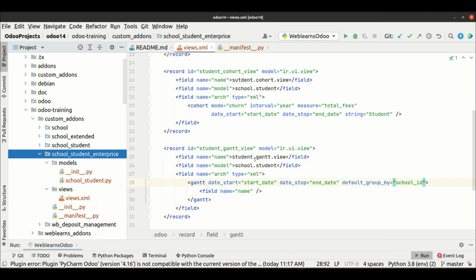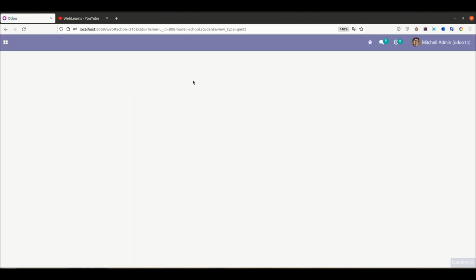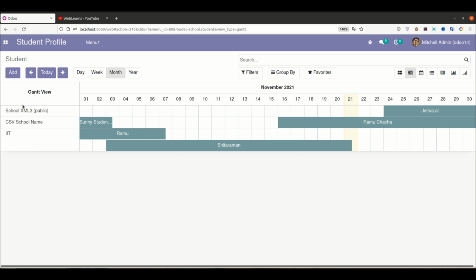If you don't know how to start, restart or configure Odoo in PyCharm, please check the editor level playlist, already explained everything. Let me start the service plus upgrade the module, and let me refresh the page. So you can see this is the view here.